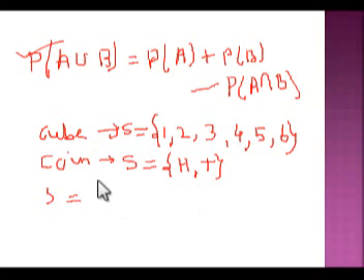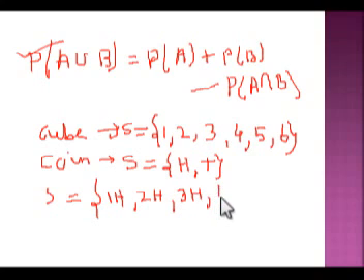Then we'll get 12 members, 6 multiplied by 2. So we can get 1H, 2H, 3H, 4H, 5H, 6H,